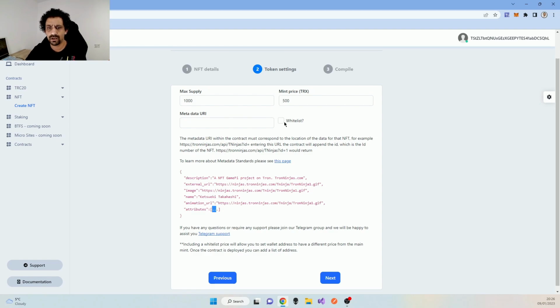So we've also got a whitelist feature here as well. If you click the whitelist feature, you'll set a whitelist price, and then the contract will be created in a way which allows you to add users' addresses, and if users are on the whitelist, they will get the whitelist price. Okay. You go next,